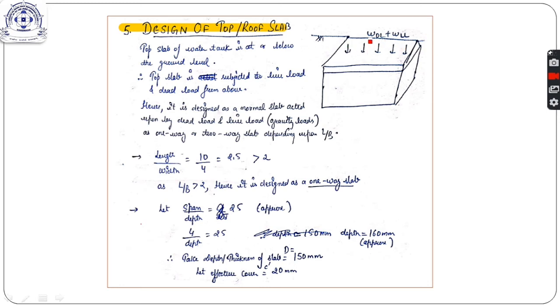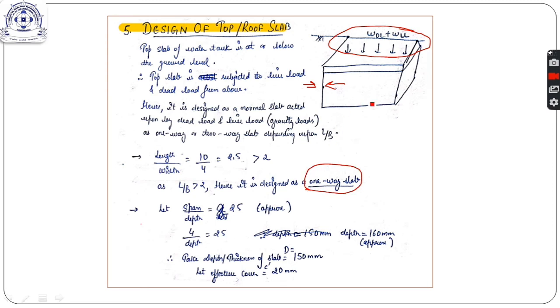So we have to design the slab as a normal horizontal slab. Also, one more thing: irrespective of whether the water pressure is acting or the earth pressure is acting, the design of the top slab will not change. Its behavior will not change whatever kind of water pressure or earth pressure we have. So here we do not need to do it in two cases, because we are considering just one type of load. It is subjected to live load and dead load. First of all, L by B of this tank is greater than 2, so it will be designed as a one-way slab.